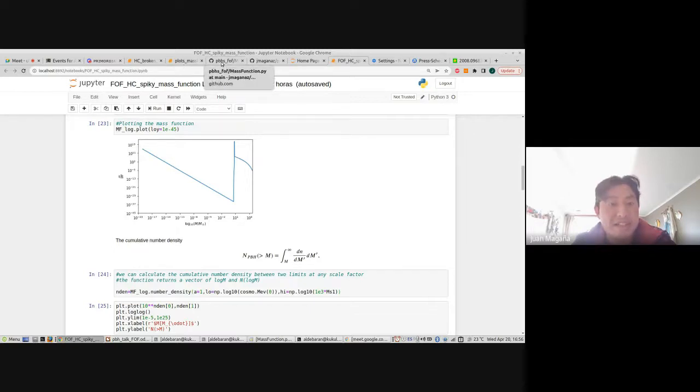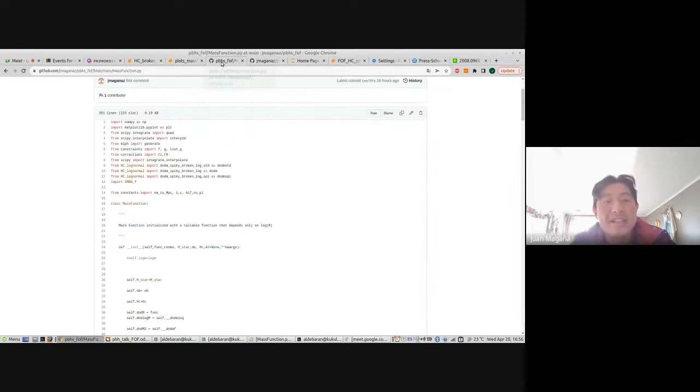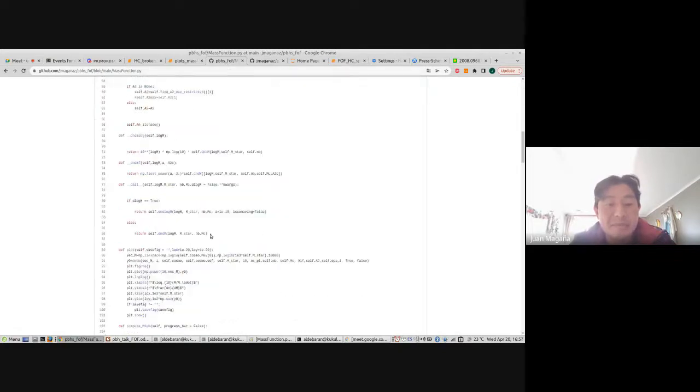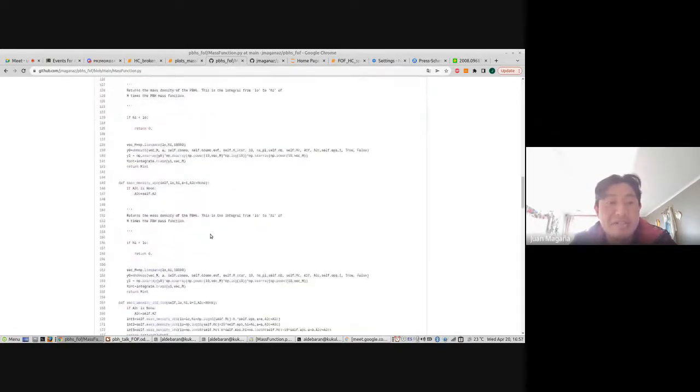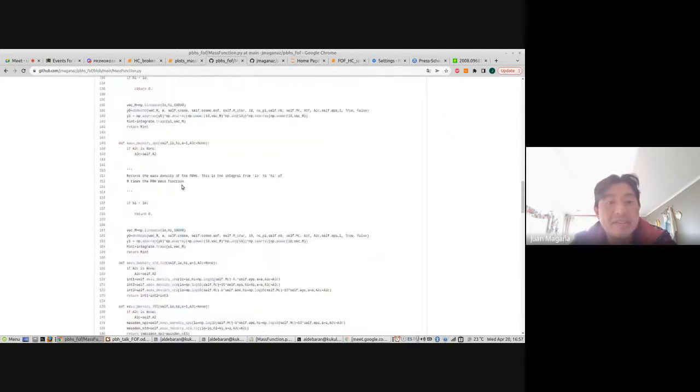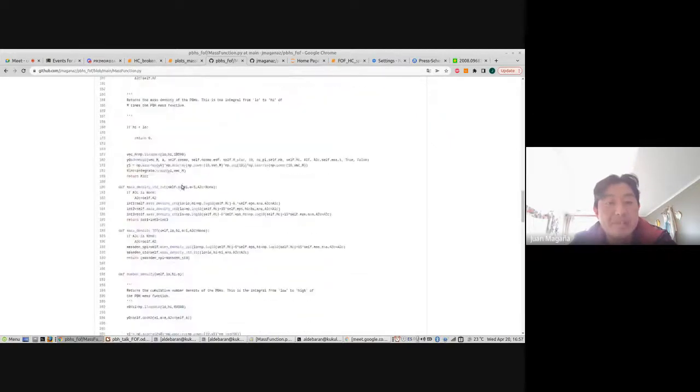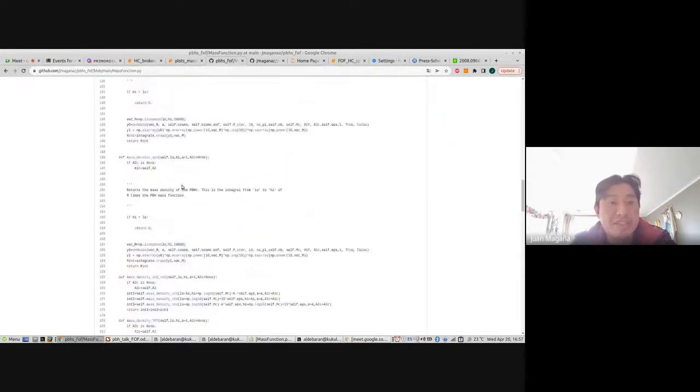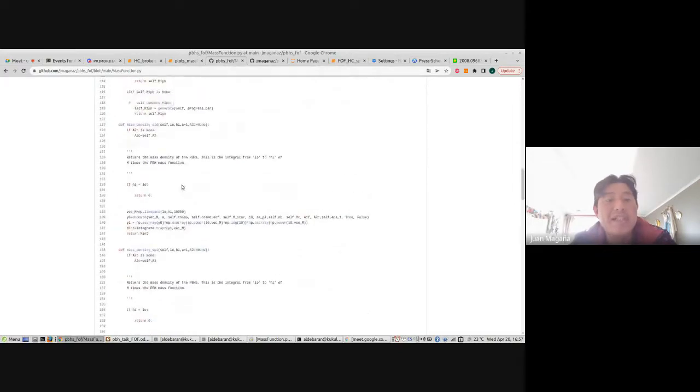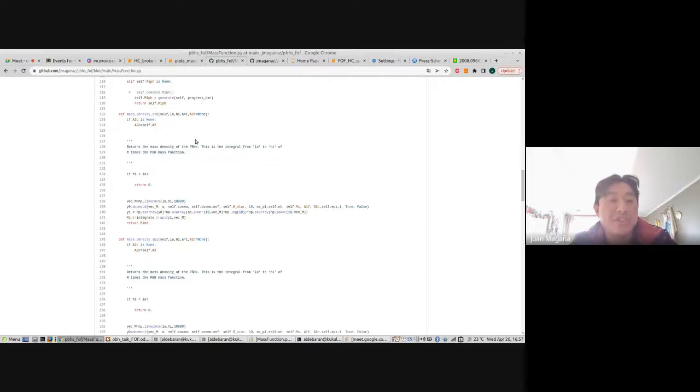And this is reflected here in this file, the mass function file. We separate the integral of the extended part of the total distribution.